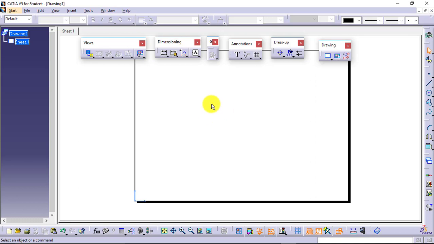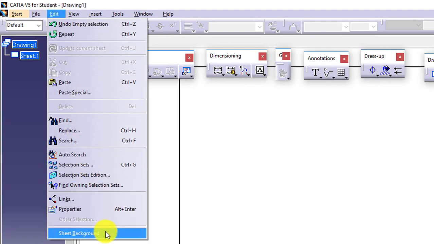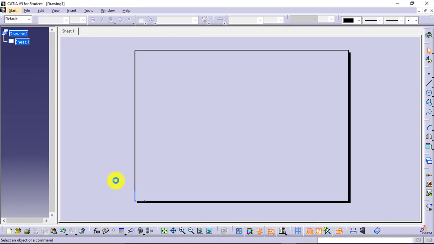So let's go for defining the title block. To define the title block in CATIA, I will go for Edit Sheet Background. Click on this.